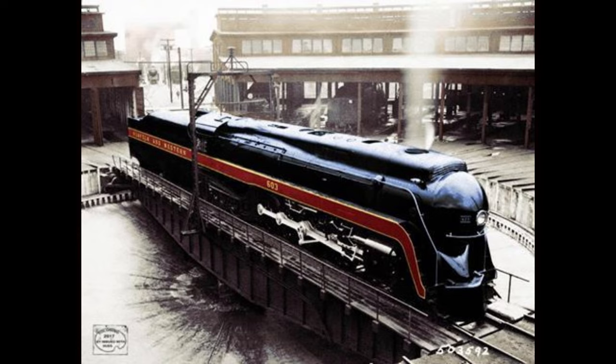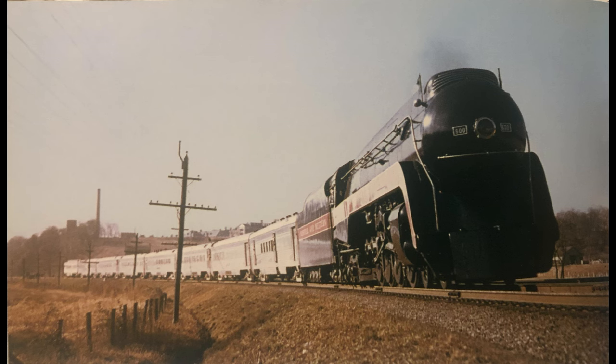A definite speed the J class achieved while pulling a 1,015-ton passenger train was when number 610 was unloaded to the Pennsylvania Railroad, and it hauled that 1,015-ton passenger train at 110 miles an hour. So it was clocked at least at 110 miles an hour, pulling a 15-car,